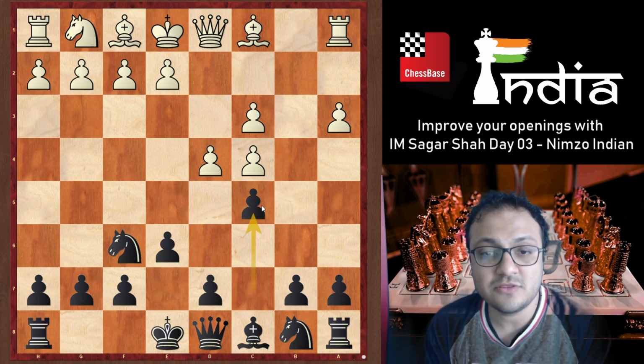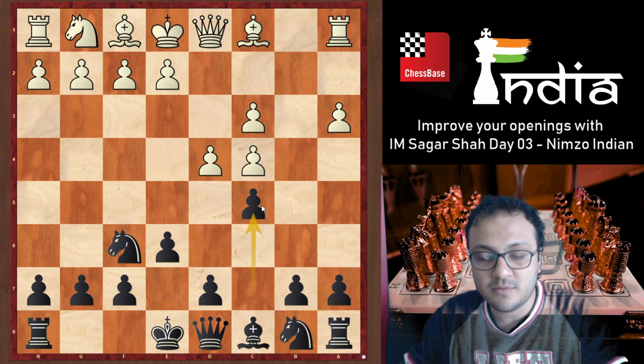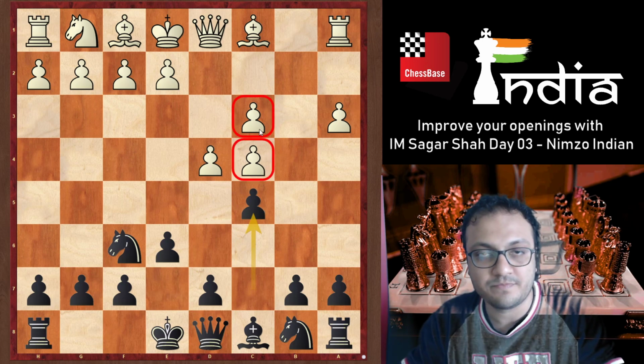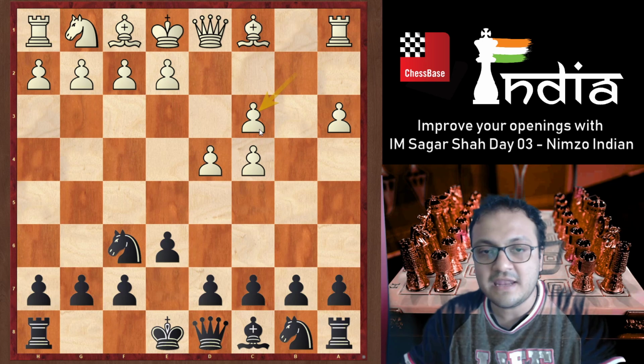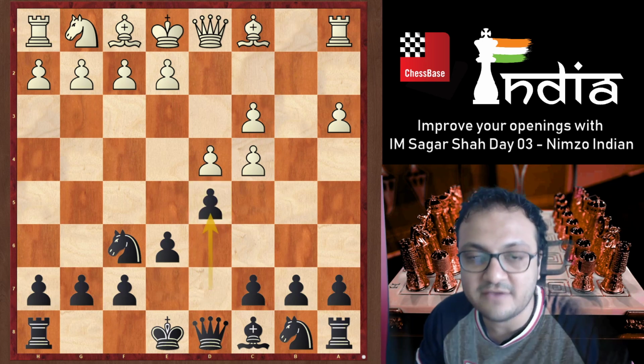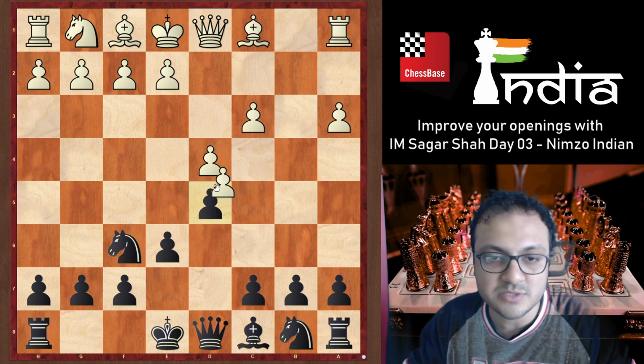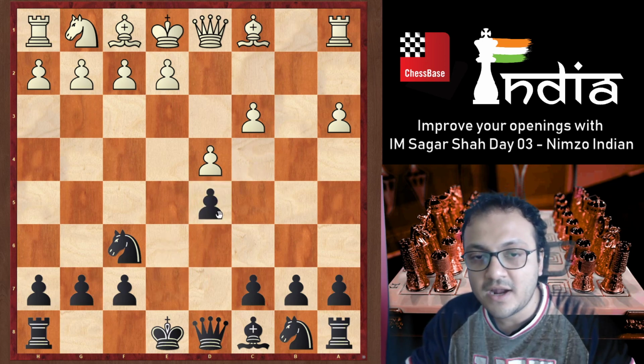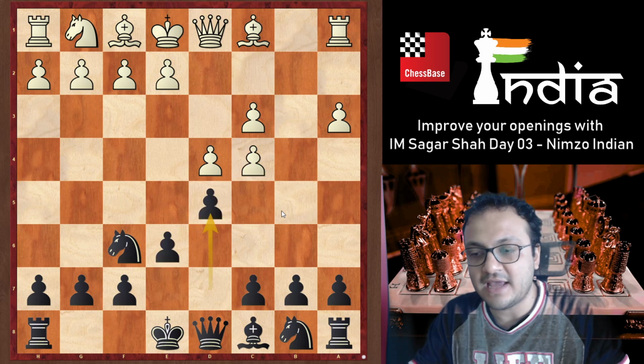And my logic was, you give your opponent double pawns and then you restrain them like this. I never thought that actually you can play d5. I didn't like this way of playing where you undouble your opponent's pawns. But there is a logic behind that.